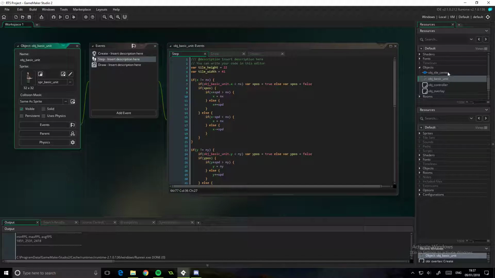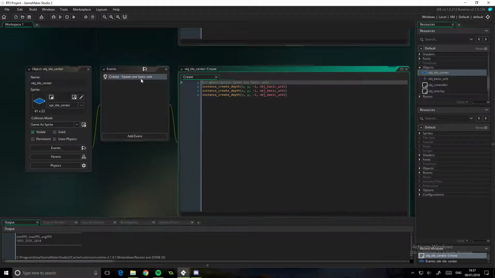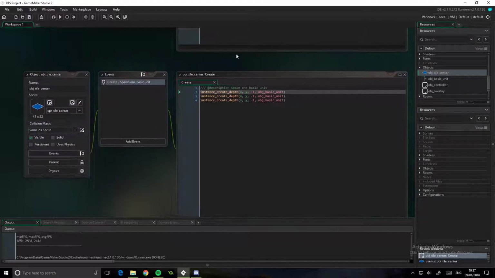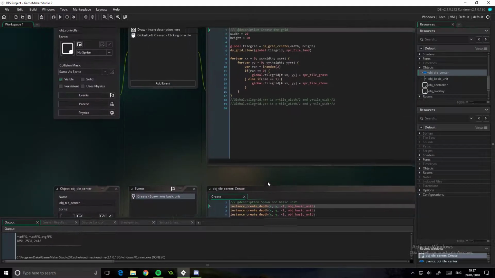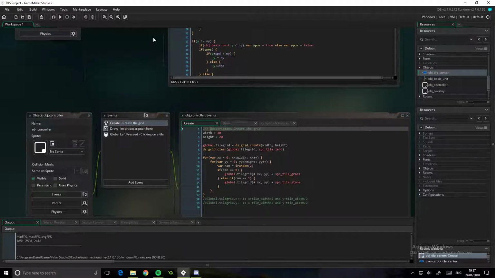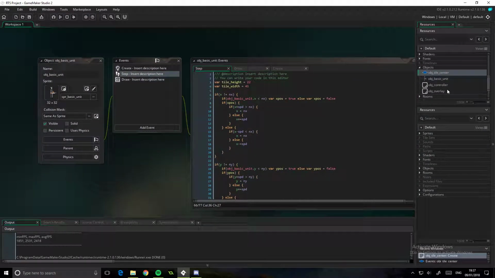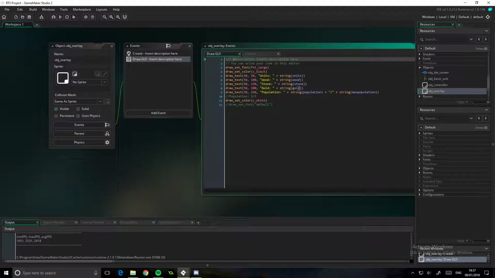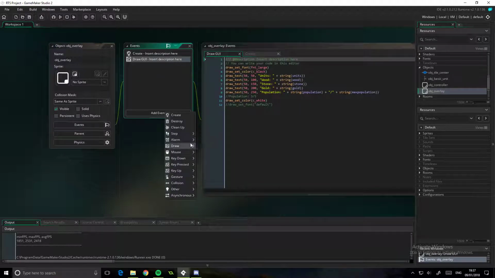I think it's in the center tile. We're spawning 3 units. So we could work it one or two ways. The first way is every time we add a unit we could refresh it. The way we're going to be doing is, if we go back into the overlay, I think it's gone down here, we're going to make a step event